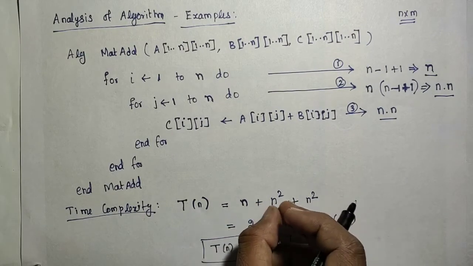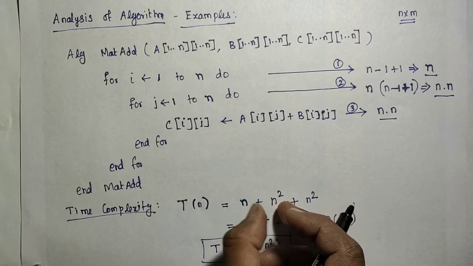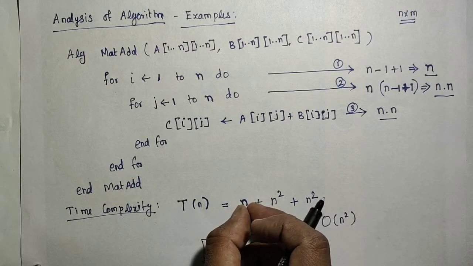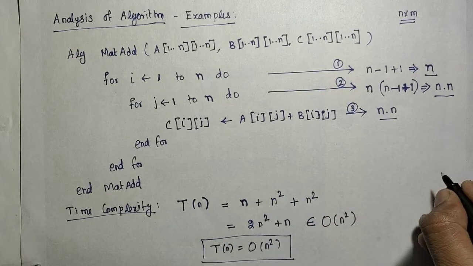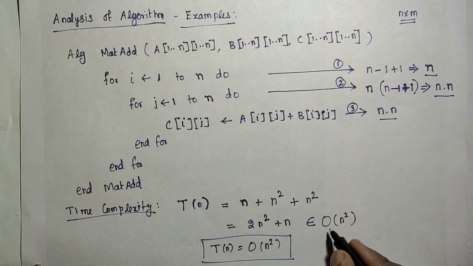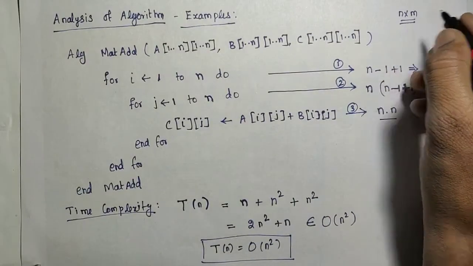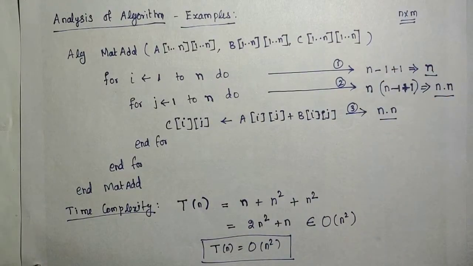So n plus m will be greater than what? The n term, because both m and n will be positive. So in that case, m into n will be greater than what? N. So I need to consider the maximum term. So that will become O of m into n. So in the case of two different variables, if the complexity depends on two variables, then we have to consider like this.